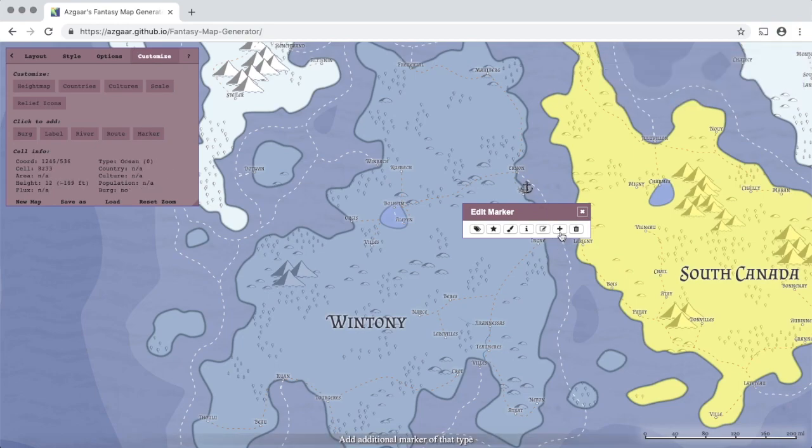You have actually two other important buttons over here. You can add an additional marker of that type. So let's say Wintony had 2 ships instead of 1. You can put them down right next to each other as many times as you need. And last but not least, once the ships are out of the water, you can remove that